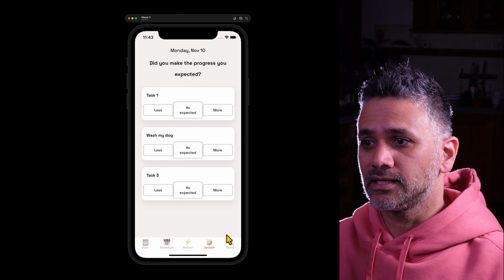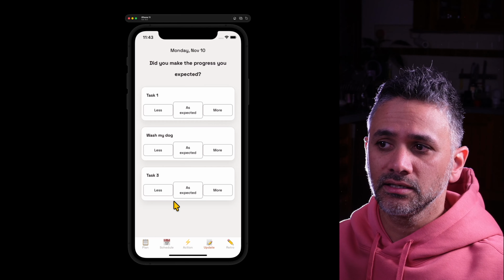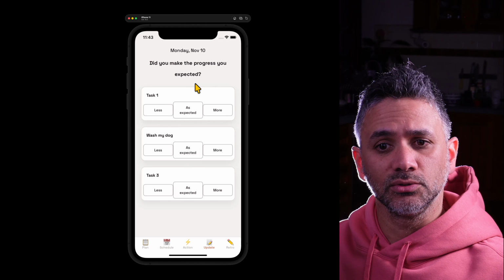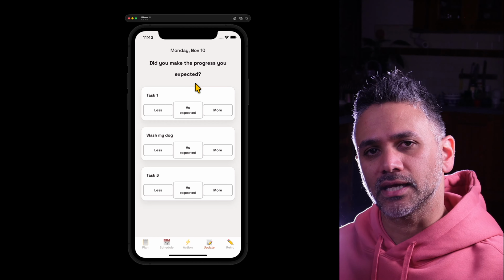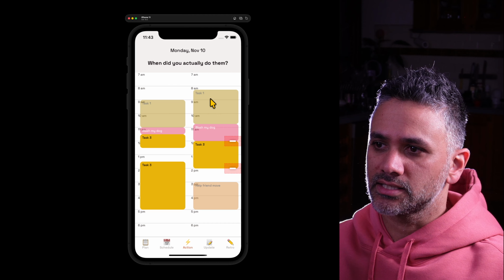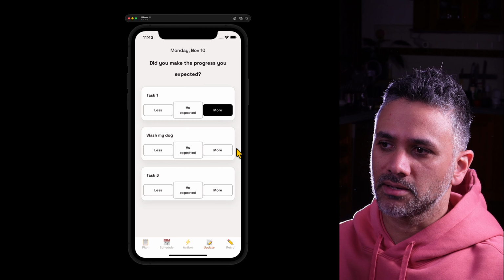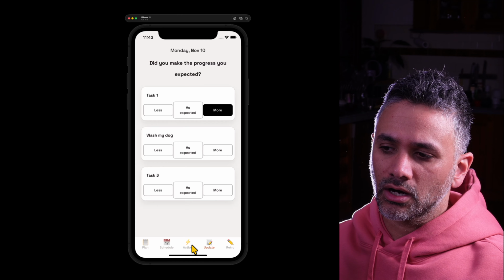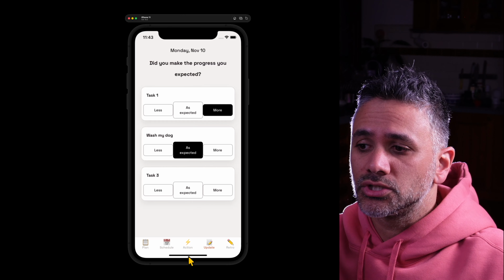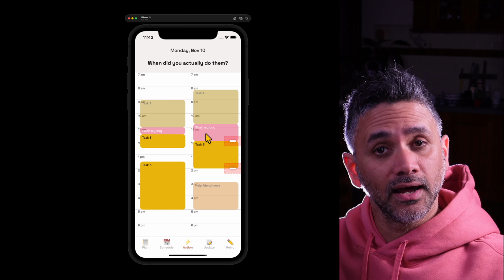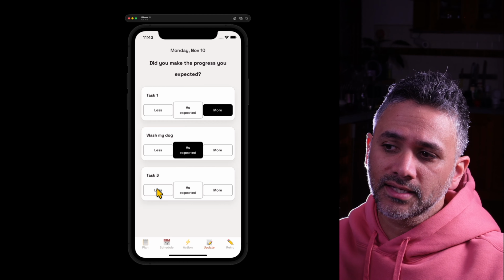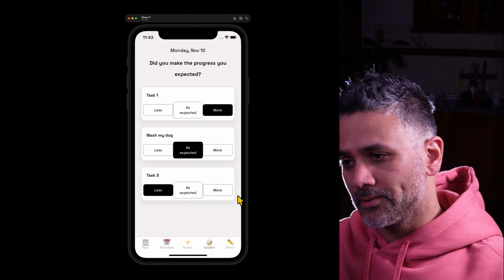So I'll go to update and it'll ask me, okay, of the things that you did, did you do them more than you expected or less than you expected? Like what was the progress you made? And I'm still figuring out this wording to make it super clear and super nice to use. But essentially, if I jump back here, I can see I did more of task 1 than I expected. So I'm going to say more. I washed my dog. I did the amount that I expected. I finished it. I washed the dog. But you can see it took longer than I expected. So that's a different kind of answer. But my progress was as expected. Task 3, I can't remember, but I'm going to say less, right? So I mark those